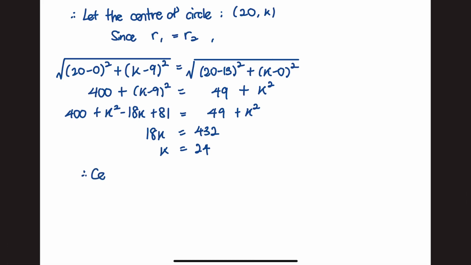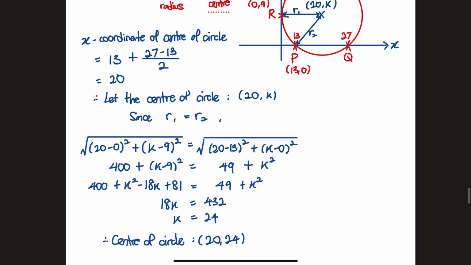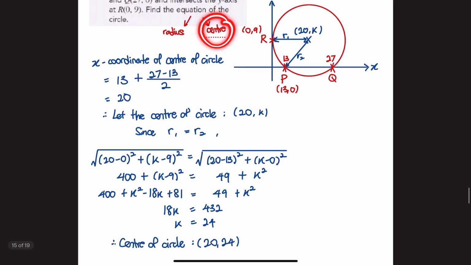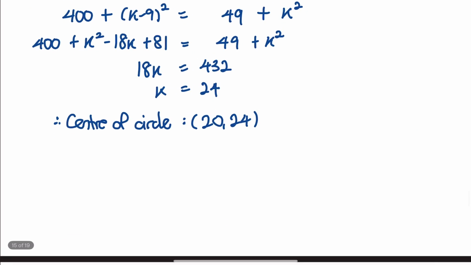Therefore, center of circle is simply 20, 24. This is for the center of the circle. Now I've found the center of the circle. Next step is to find the radius. So radius is very simply, sub in the center of circle formula. Therefore, radius of circle